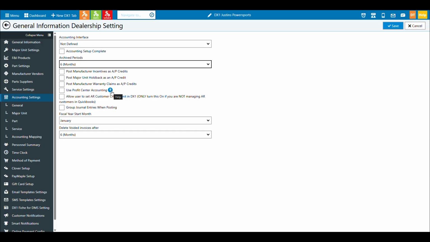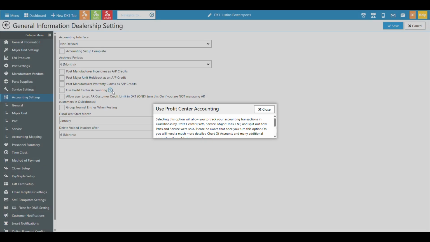One of the biggest things is understanding how to get this all configured, which our team has most likely already done for you. But to determine what type of accounting you do, we do have accounting center profit center accounting. But again, you want to check with your accountant, your owner, and somebody before you click this on if it's not clicked already, to understand what the ramifications mean to your business in the system. So be very cautious with that box.